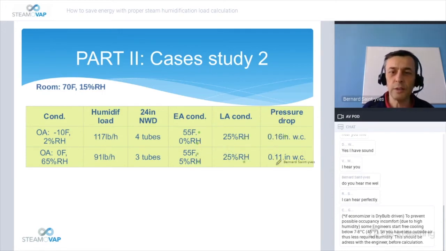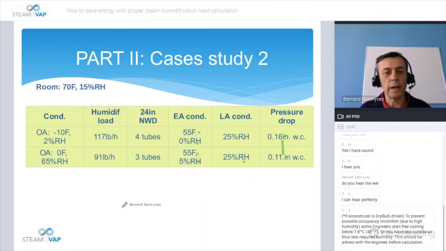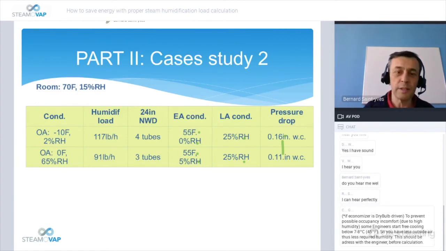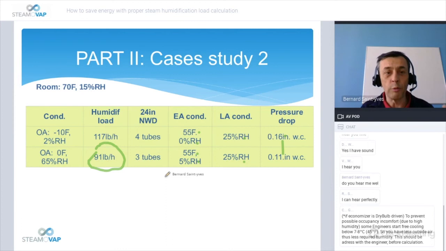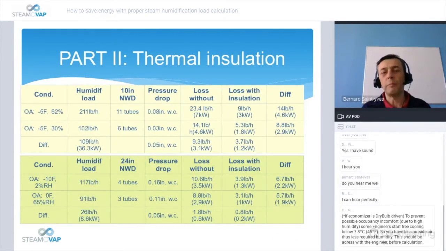And here you see again what you are gaining on the pressure drop. Again, I don't have the graphic showing you the ramp, but we'll have more space to put the 91 pounds. Although I would question this also to the engineer, 15% or more. So then you will tell me,